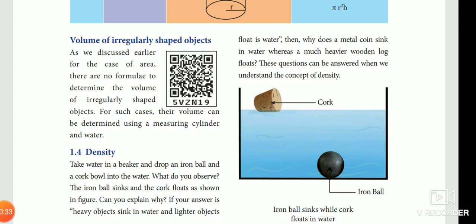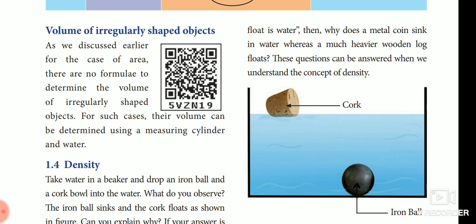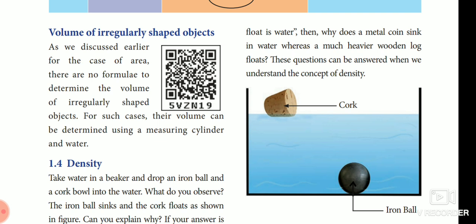Now volume of irregularly shaped objects. ஒழுங்கற்ற வடிவமுள்ள பொருட்களுடைய கன அளவு. As we discussed earlier, for the case of area, there is no formula to determine the volume of irregularly shaped objects. For such cases, their volume can be determined using a measuring cylinder and water. Okay, ஒரு அளவிடும் குவளை அல்லது நீரை கொண்டு நம்ம மெஷர் பண்ணலாம். Okay children,